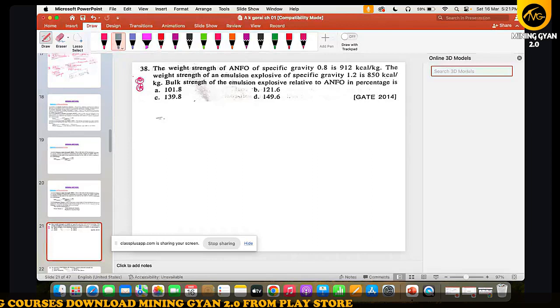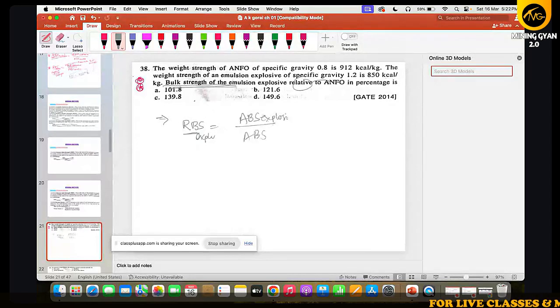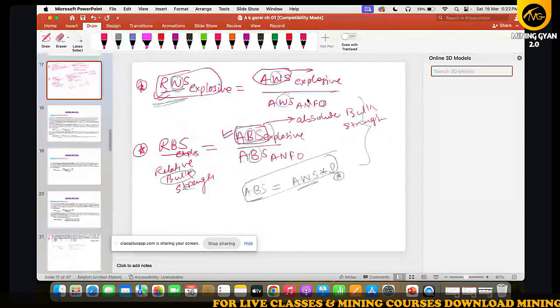6 बजे से आप लोगों का क्लास भी तो होता है ना. देखो, हमको यहाँ पूछा क्या है, ये आस्क अस बल्क स्ट्रेंथ, रिलेटिव बल्क स्ट्रेंथ ऑफ ANFO. तो मतलब रिलेटिव बल्क स्ट्रेंथ पूछा हो, तो एक्सप्लोजिव ABS बाई ABS, it is explosive and ANFO, इनटू 1000. यहाँ 1000 था ना,